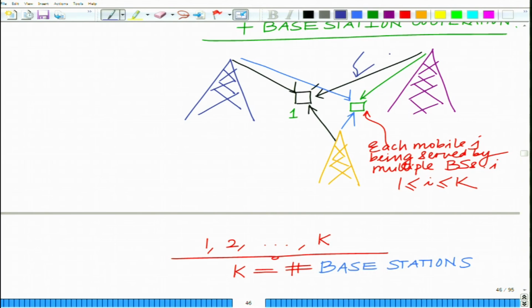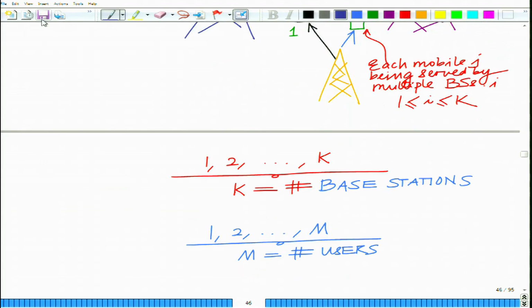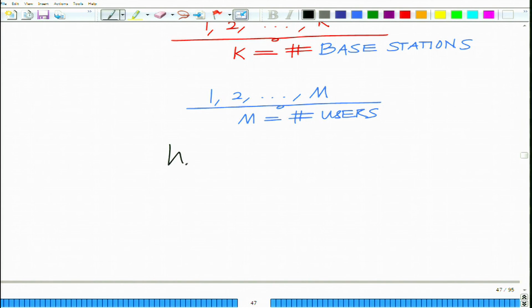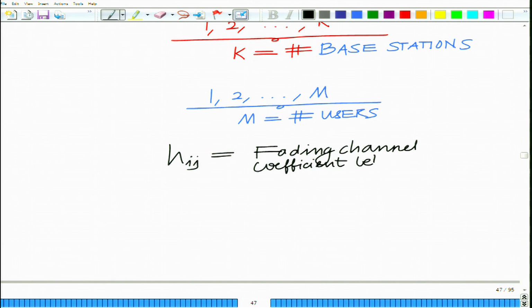So, you will have a fading channel coefficient Hij equals the fading channel coefficient, and Hij is the coefficient between the ith user. So, Hij channel